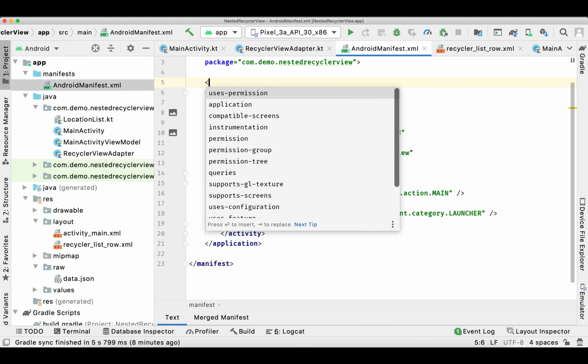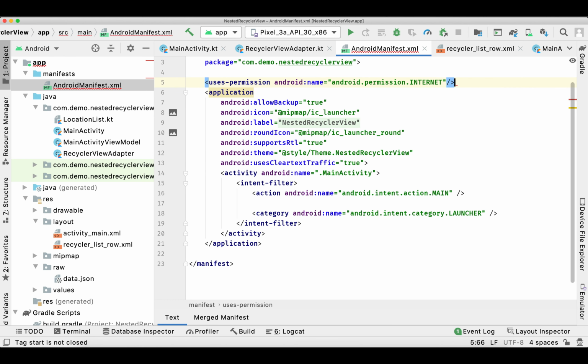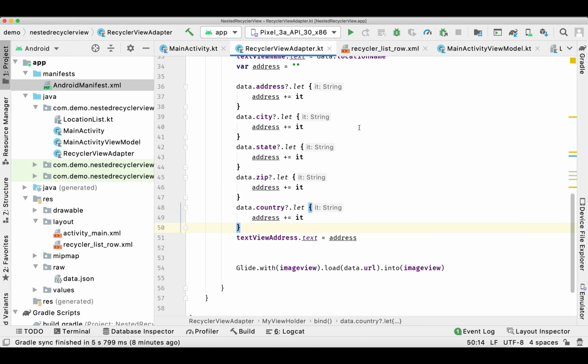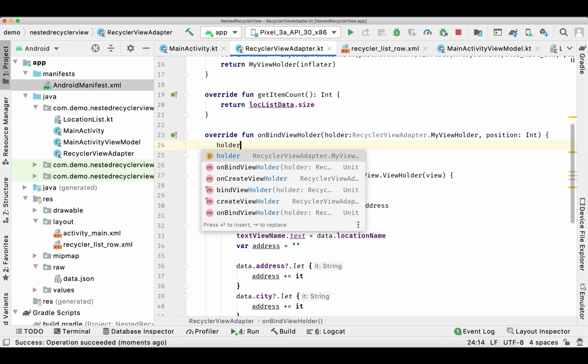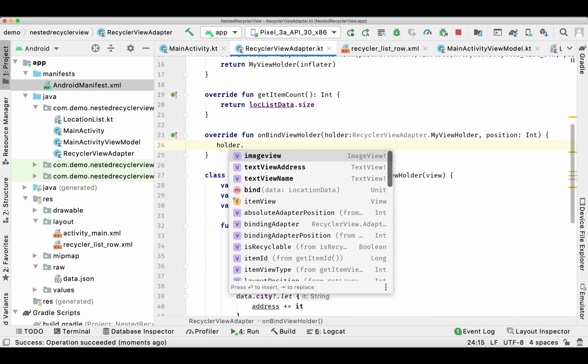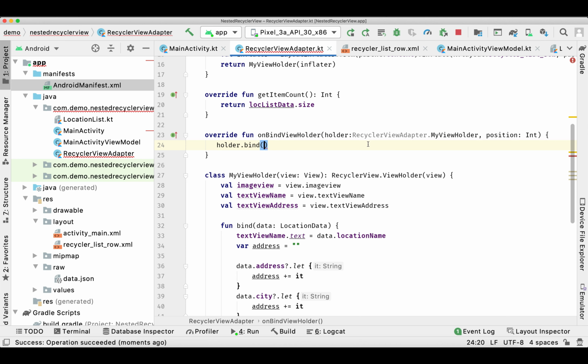Since we are making the API call using Glide, we need the internet permission in our application. So I'm adding that internet permission in the manifest file. Let's run and see how it looks like.